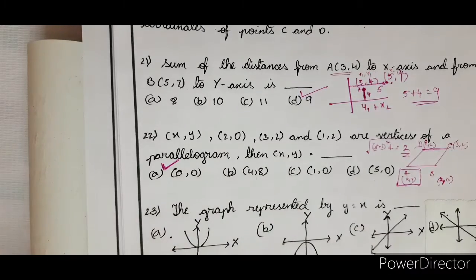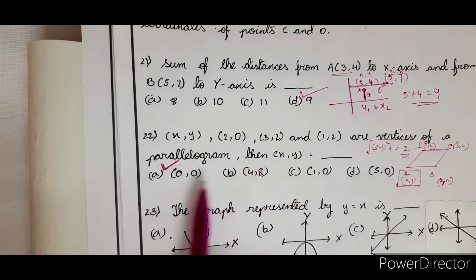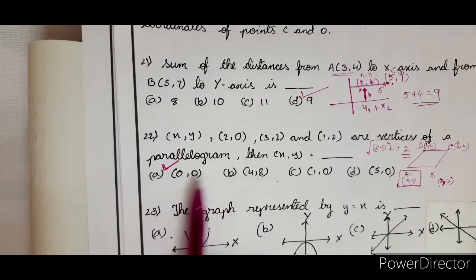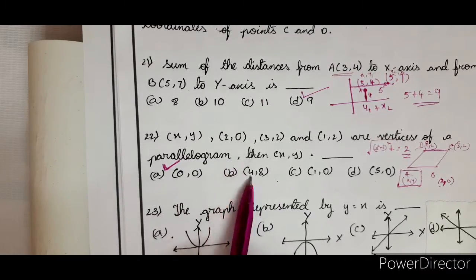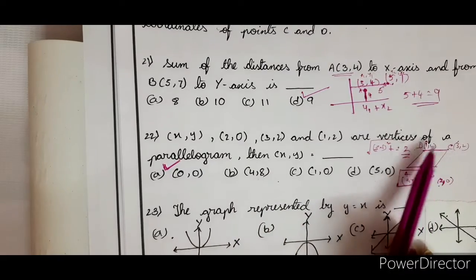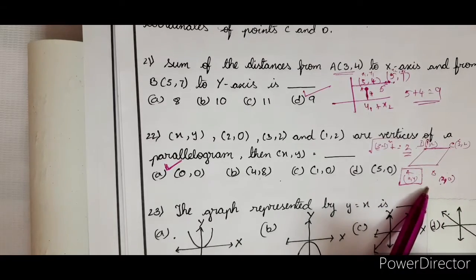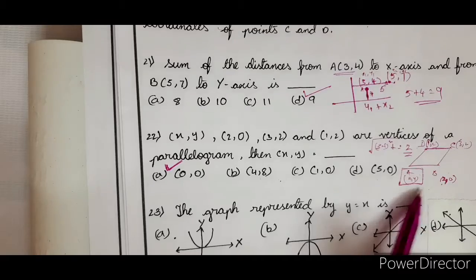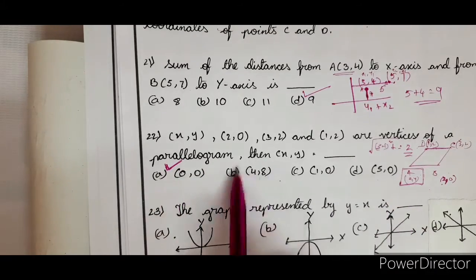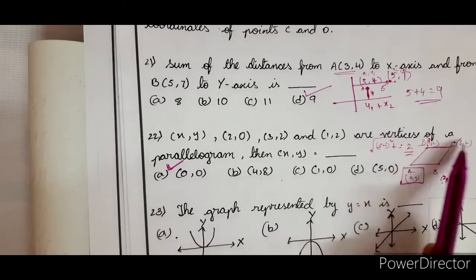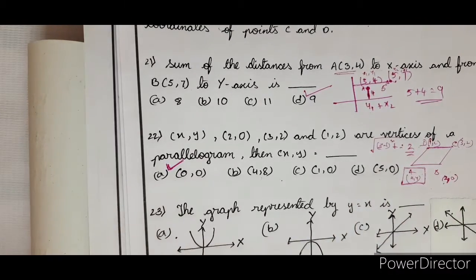So children, remember one thing. There are a number of methods of solving any problem, and the method of solution that we follow also depends on the marks allotted to it and the time allotted to the problem, right? Here it is given as an optional question, that means a question with multiple choice. Then you are not supposed to waste your time by solving AB is equal to CD and AD is equal to BC, and then finding the two equations and solving for two variables. It's really foolishness to waste time. So the best method is to select that particular option which will suit the condition that DC is equal to AB. Perfect? Clear? Right.